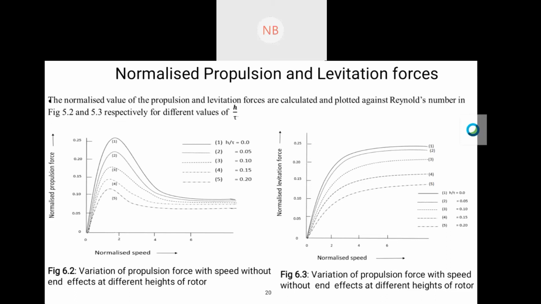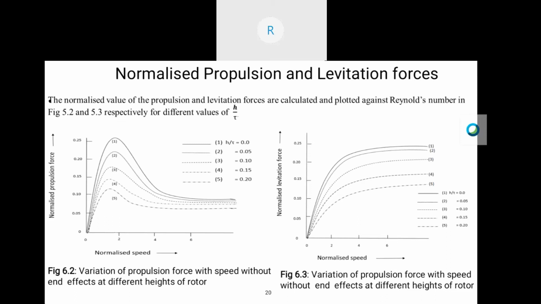Nandita, you see that in the first line you have written calculated and plotted, right? Sir is asking by using what software you plotted this value. Sir, in Maxwell I have done. You did it in Maxwell? Yes, sir. Okay, if you are so confident, then I should not ask any further question. So what is the Reynolds number?